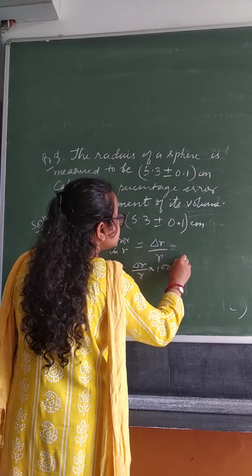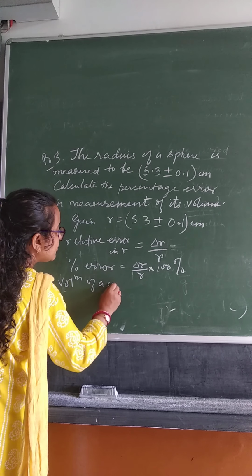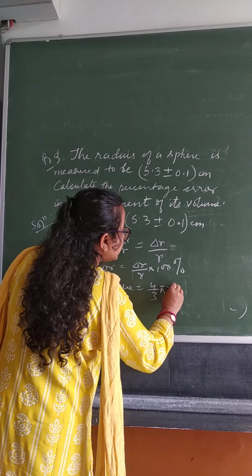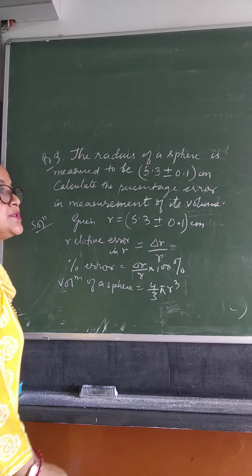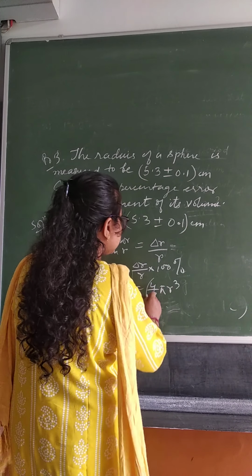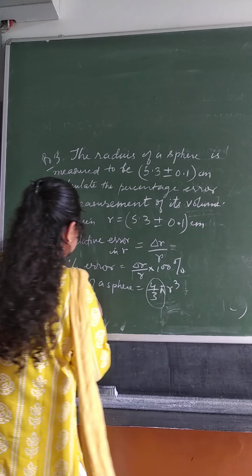Now the volume of a sphere, we know how it is expressed: 4 by 3 pi r cube. Now we know how we can use the nth power rule. So this 4 by 3 pi is constant. What remains is r cube. Therefore, the error